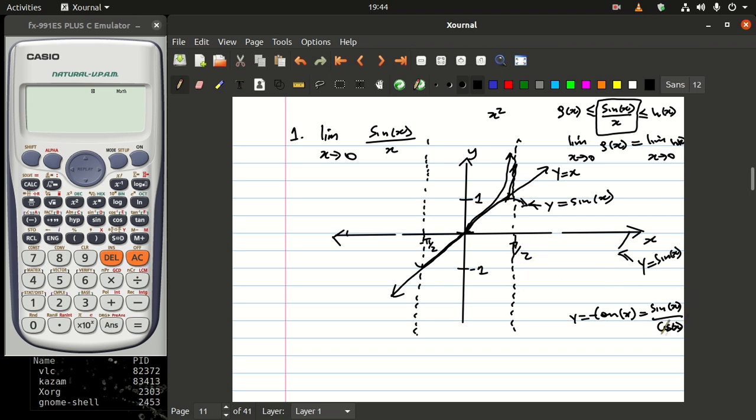If I'm plugging pi over 90 here, 90 degrees in cosine, you get a 0, and this is going to be undefined. That is why a tan function will never touch that. And also this side is going to go all the way and then start going down, but it's also not going to touch minus 90 degrees. So looking from 0 up to pi over 2, a tan function is always above these two functions, and looking between negative pi over 2 and 0, a tan function is always going to be